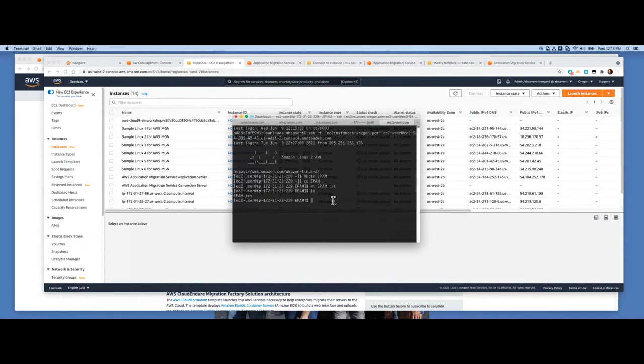Okay, the file is there. I just changed a few things, and right after I did these changes, they are already replicated into the staging area. Which means that when I start creating the cutover instance, the data within the